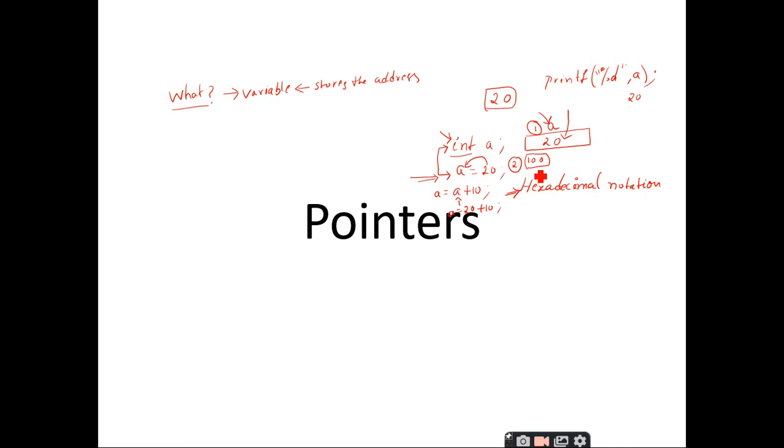So in order to make programming easier, we are giving an alias name, an identifier, to the memory location or hexadecimal notation. This is the purpose of the identifier, or of a variable name.